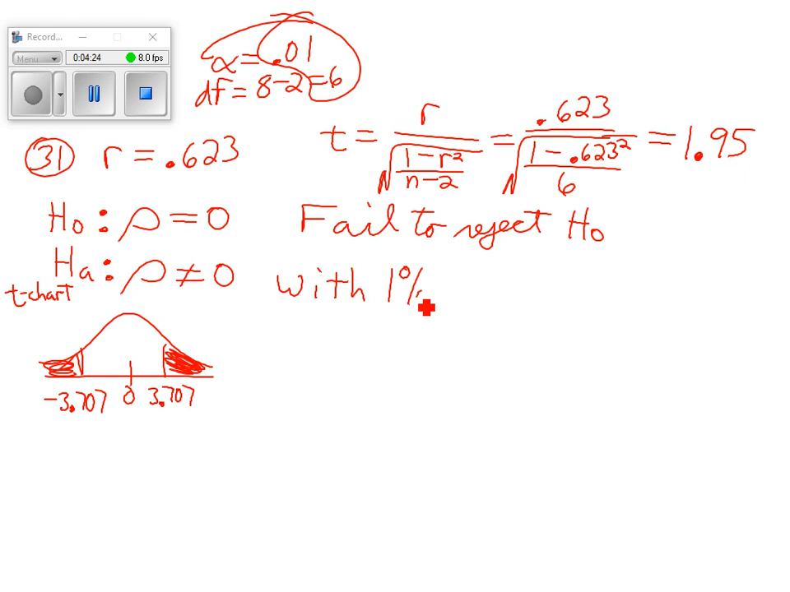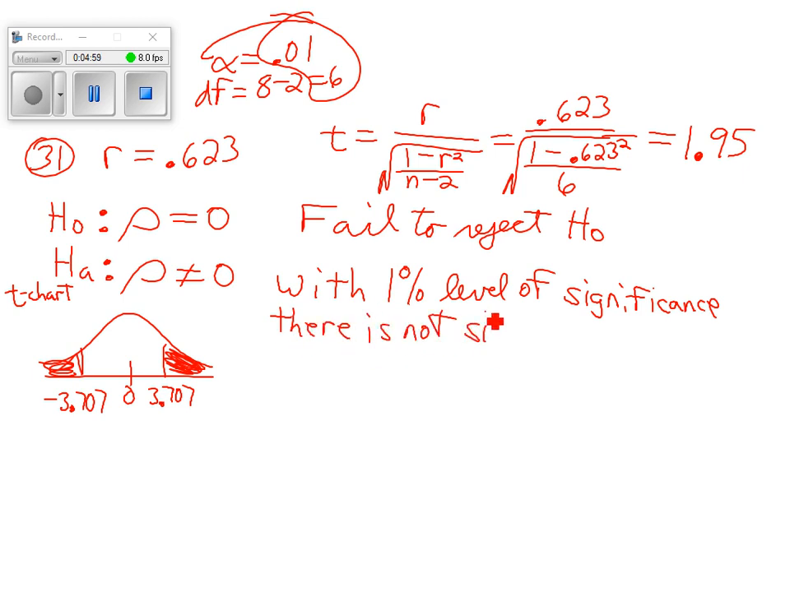1% level of significance. That's the first part of the statement. Then we decide. Then we say, is there significant correlation or not significant correlation? That's the second part. So if we fail to reject the null, then what's that telling us? That there is not significant correlation